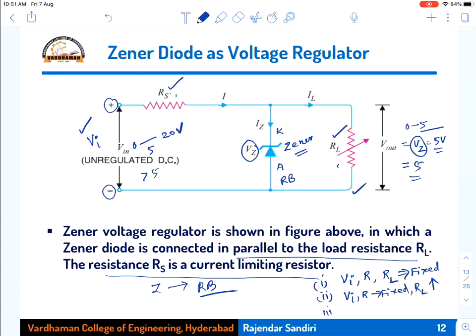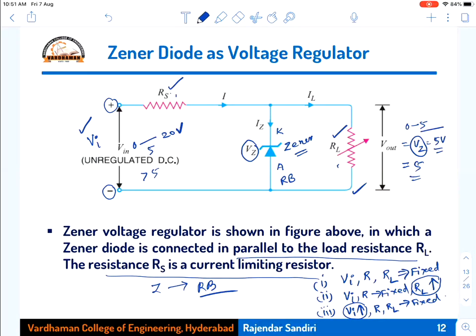Okay, in the third case, Vi is variable, the input voltage I am keeping variable, and R and RL are fixed. Under that case, what happens to the Zener diode when it is on? What will be all the parameters of the circuit? What will be the minimum and maximum values of Vin for which the Zener diode functions, and what are the minimum and maximum values of RL for which the Zener diode functions? All those case studies we will take up and analyze the regulator circuit.